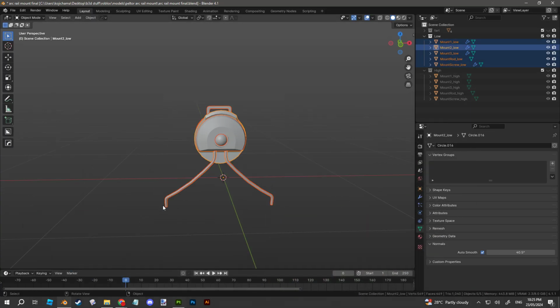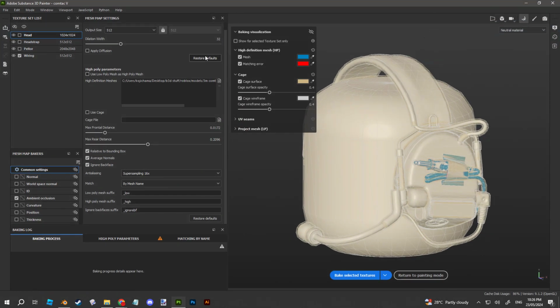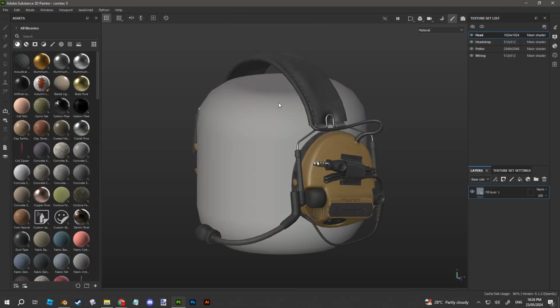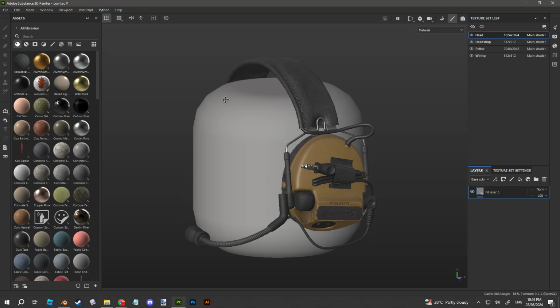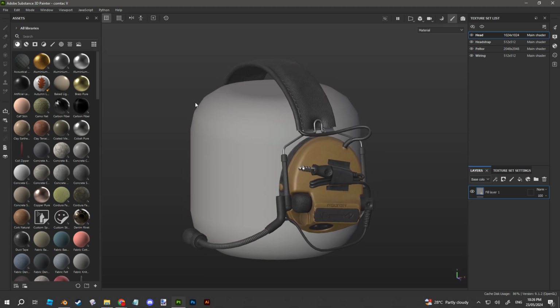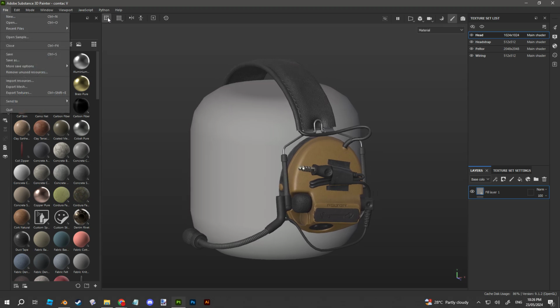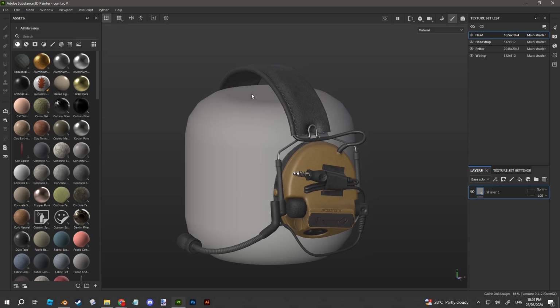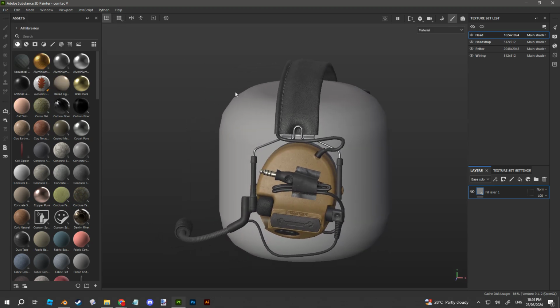So once you export both your low and your high poly, they have to be in one file. You export them as an FBX. Once you do that, you just have to go to your Substance Painter. You just have to go to your project file, I guess, and you usually import your mesh as is with things, but